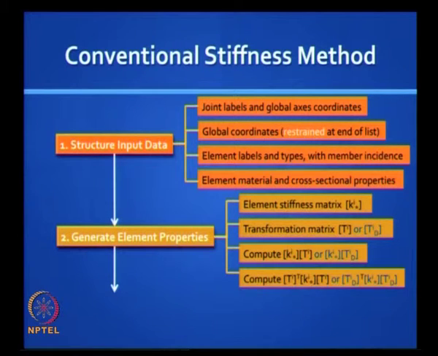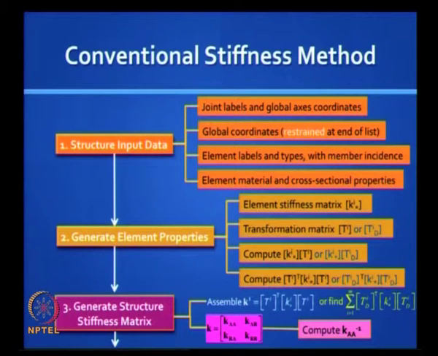Either you can do TI, software packages do only TI, but lesser humans will do TID because you are not comfortable putting those brackets and shoving them into a box. So TD is a blind way, you are really covering all the global coordinates. So what if most of the elements of that TD matrix are 0? Okay, then you do the product, and so that you are able to generate the structure stiffness matrix, and there are two ways you can do it, and finally you find that it is KAA that you need to invert, because only that forms the matrix which will help you get the unknown dA.